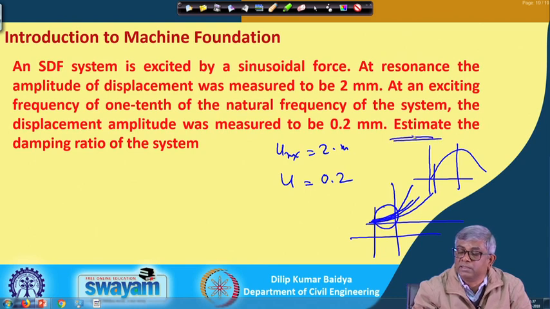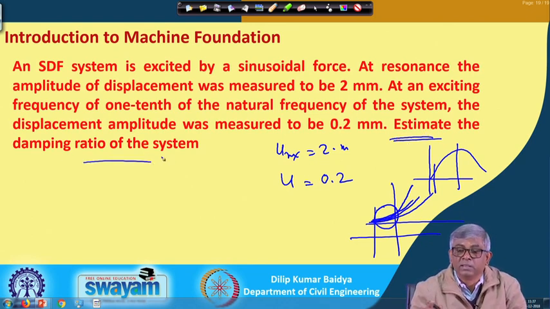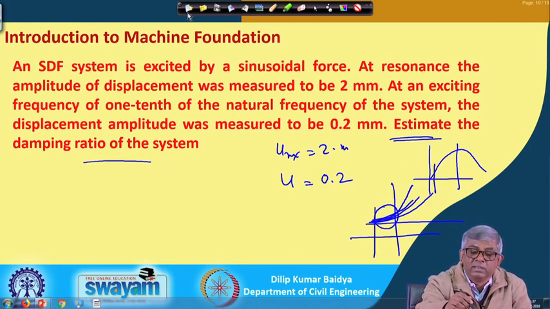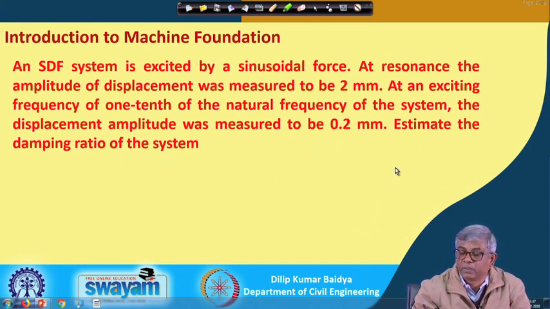So, now nothing else is there. What is the magnitude of the constant force, what is the vibrating mass, nothing is given, nor the stiffness, but estimate the damping in a similar way. The problem we have done previously, here is actually the reverse observation. Let us see in the next slide.